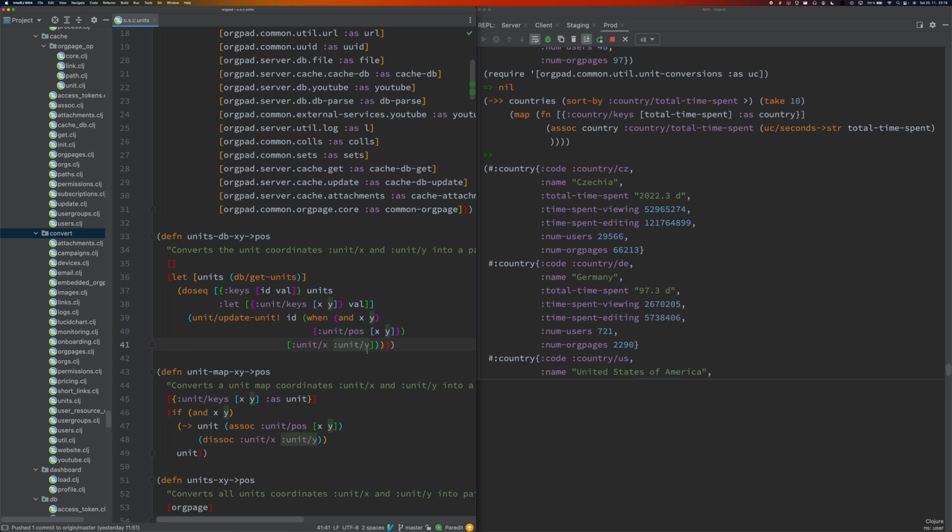Of course, this could also be written as a SQL migration, but sometimes it is much easier to do these conversions from Clojure, and also you might be doing some other complicated stuff which wouldn't be possible directly from SQL. So it is really useful when you write a one-time conversion of the data, test it in development, maybe on a backup of your database, and then after you deploy the updated server, you just run this conversion on all the existing data and everything is fixed.